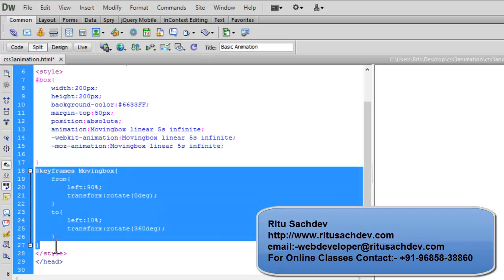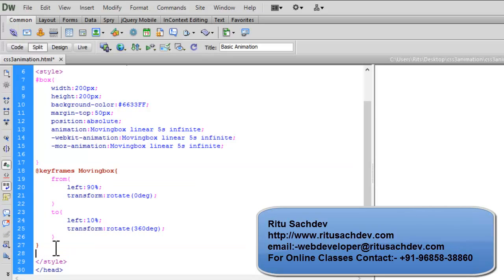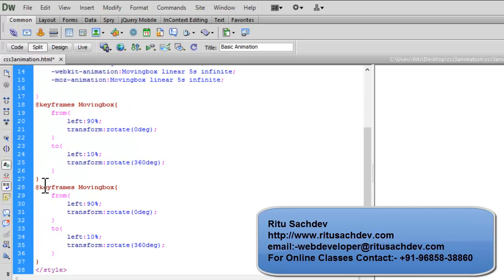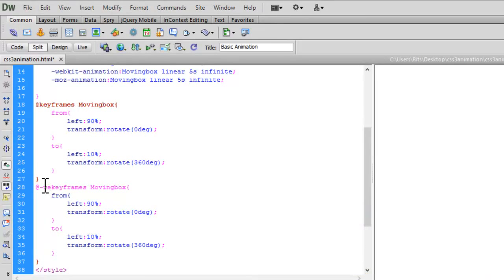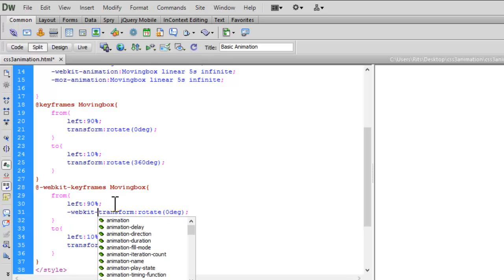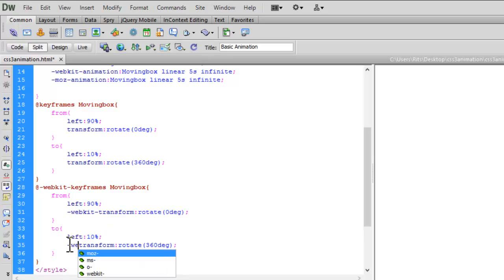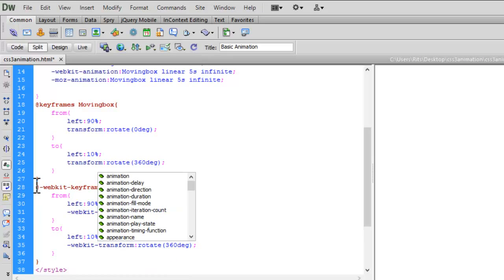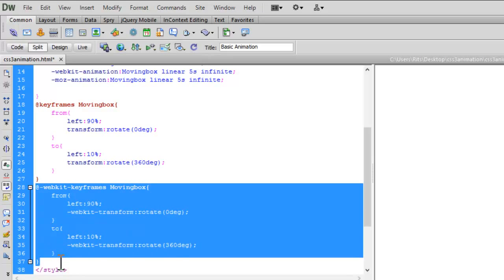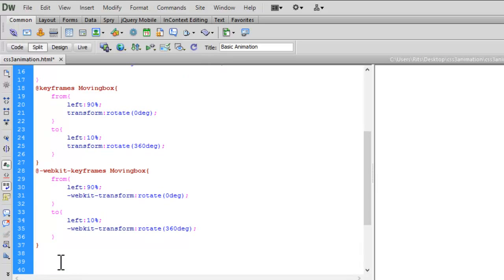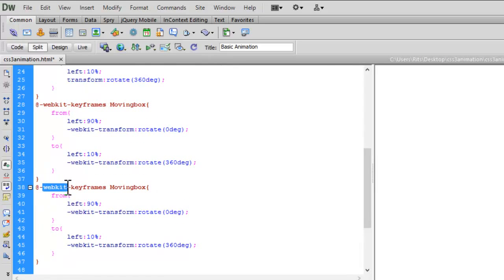Let me just copy it and paste it again and have the necessary prefix, WebKit for Chrome and Safari, before this transform property, as it is also a CSS3 property. Let me have the same for Mozilla Firefox also. Instead of WebKit, let me have Moz now.